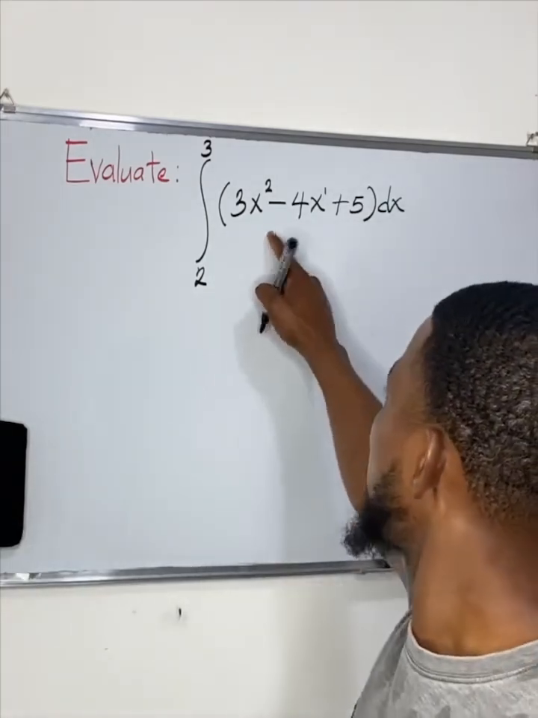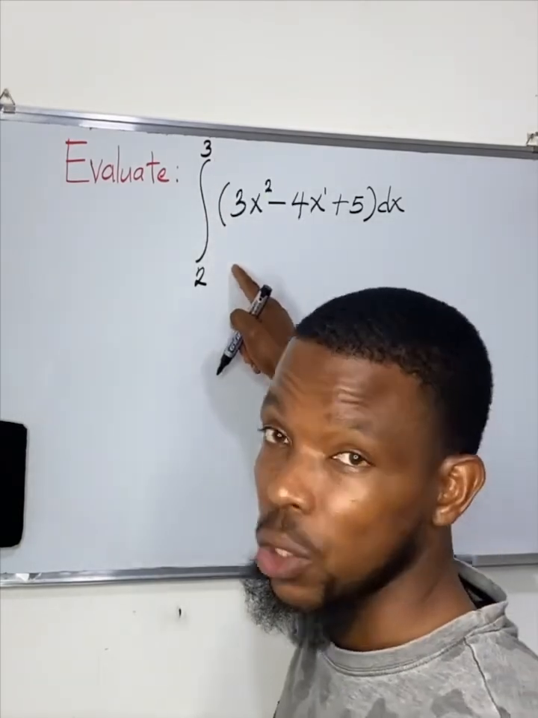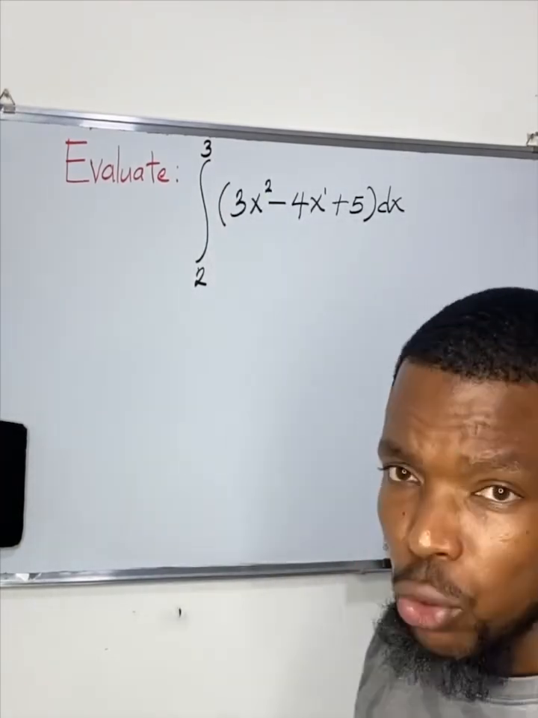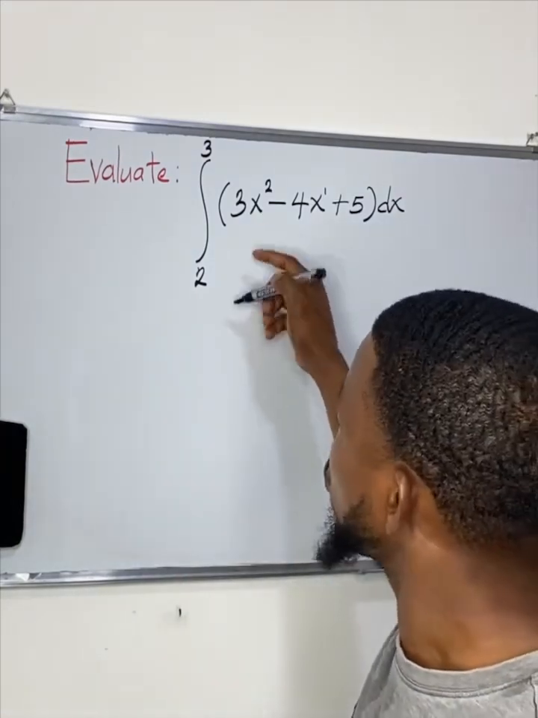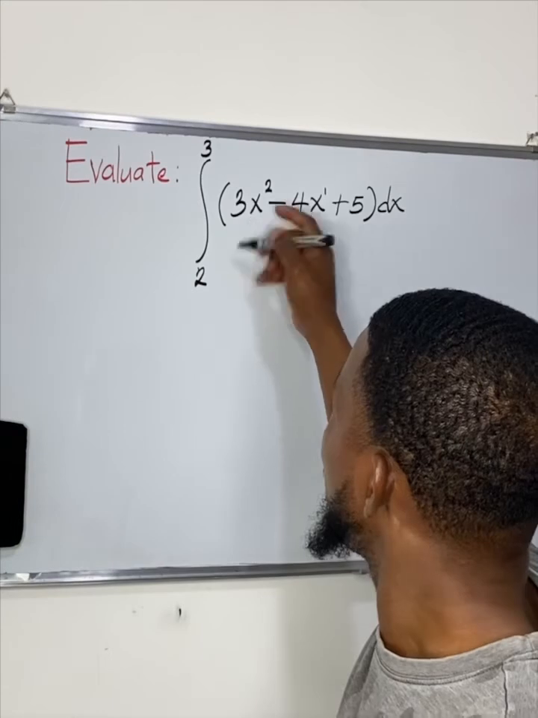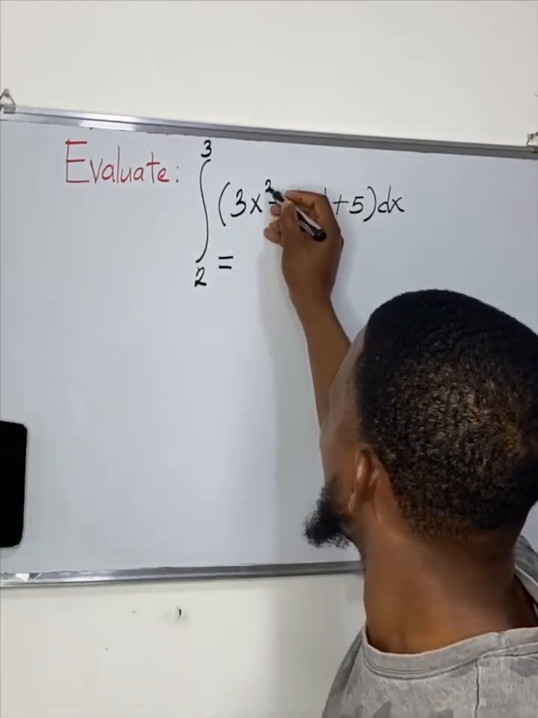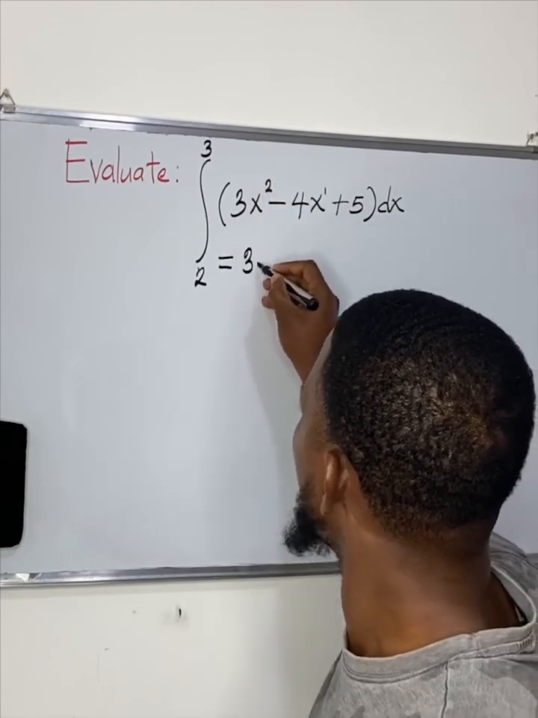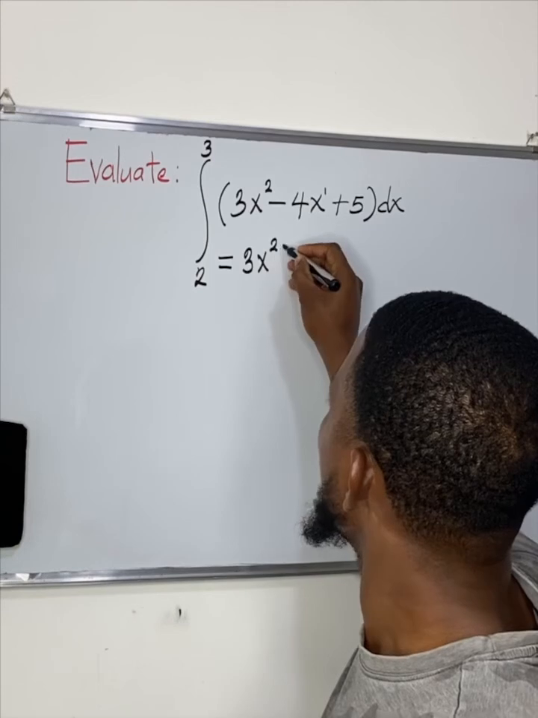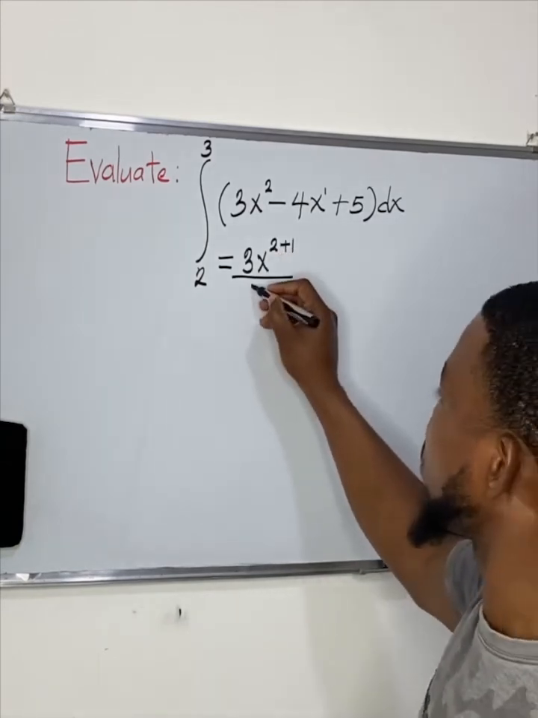This is a definite integral because we have an upper limit and a lower limit. So how do we solve this? It is very easy. The first thing to do is to begin by writing it as equals, first you add 1 to this power, that will be 3x squared plus 1. Then you divide by the addition of this power, which is 3,